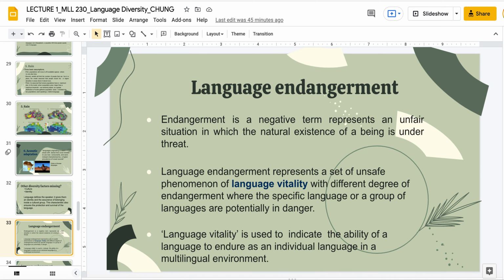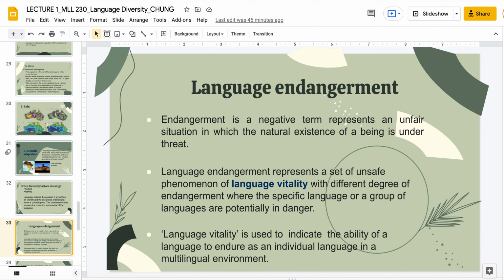We're going to talk a little bit about language endangerment, although I do talk about this later in different slides. But, as I mentioned earlier, a lot of the world speaks a few languages, and such few of the world speak a lot of languages. So that means that if those speakers die, then their language becomes endangered, right?